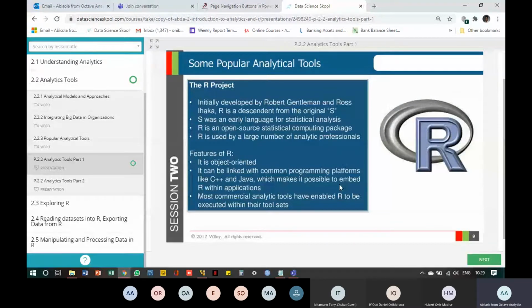Some way, somehow, I'm sure you've heard of R, and then you know that R is an analytical tool, but then you do not know how to use R. And I'm sure some of us probably know how to use R, but probably not very well, and maybe some of us are experts at it. Whichever way, we've heard of R, and we have an idea of what R does. So let's quickly go into R and what R does.